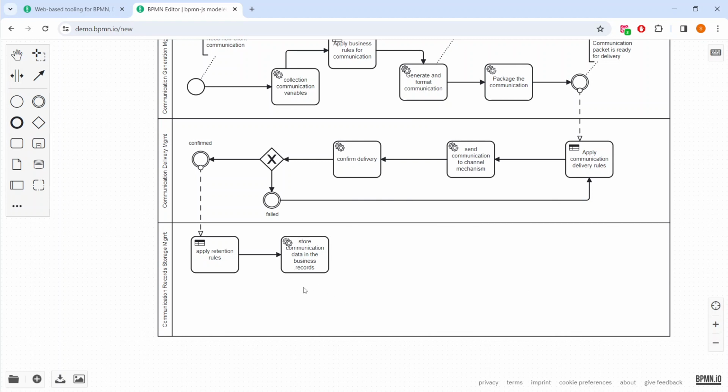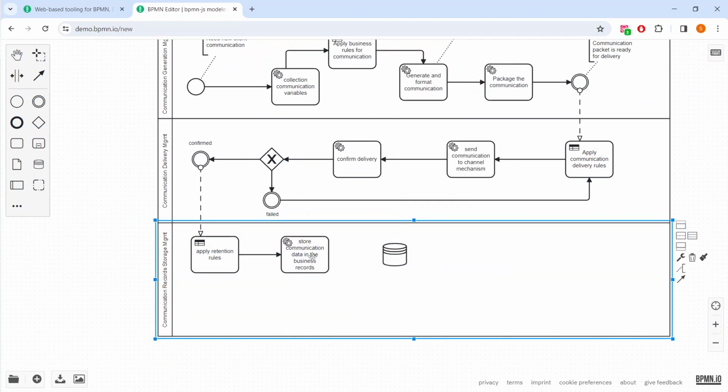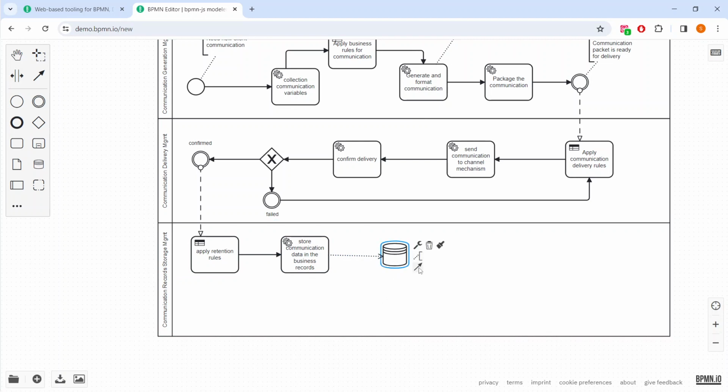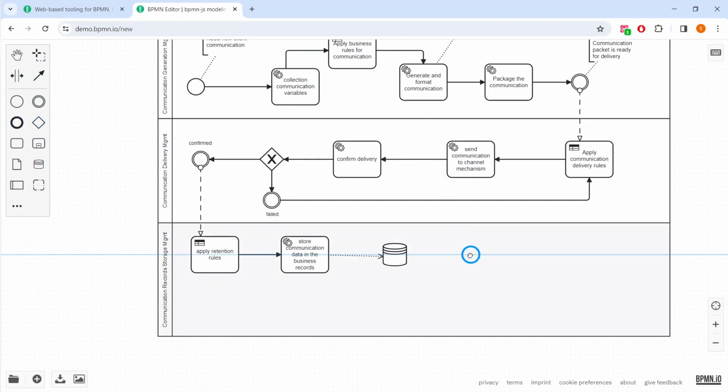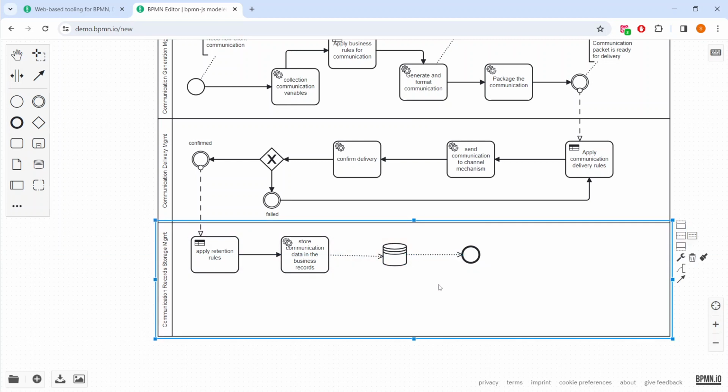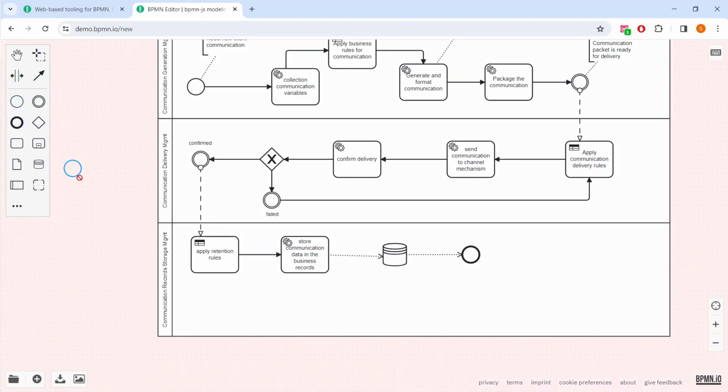But after that, you're storing it in the business records. And so obviously there is going to be a database that stores that record. Okay, so that gets stored. And then after that, this particular event actually ends. And it's a hard end. It's not an interim event, it's an end event. Correct? Okay. But then there could also be another event